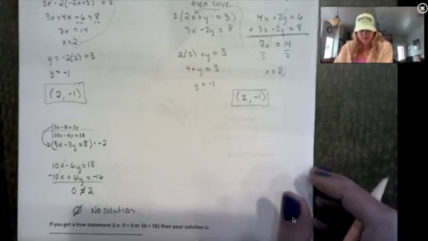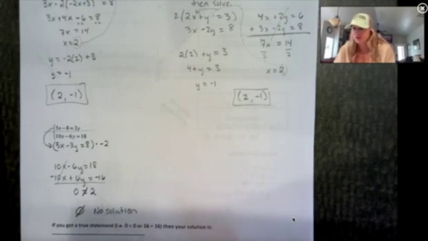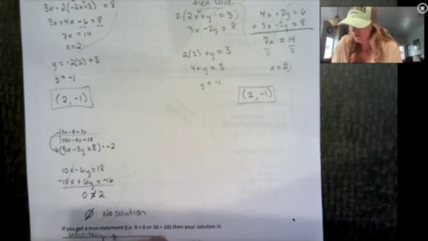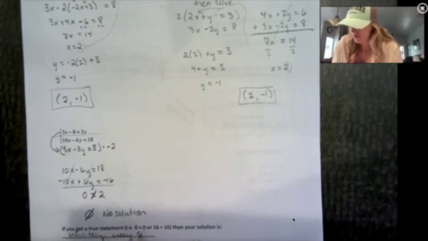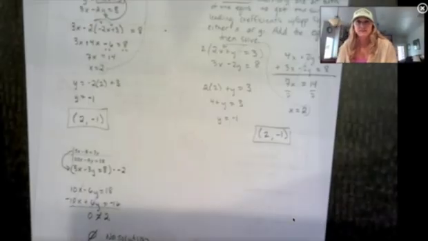If we were to get something that is true, we've talked about that before too, it's an identity. So if I got something like 0 equals 0 or 2 equals 2, then we have infinitely many solutions. Okay, and I believe that is our last example for this